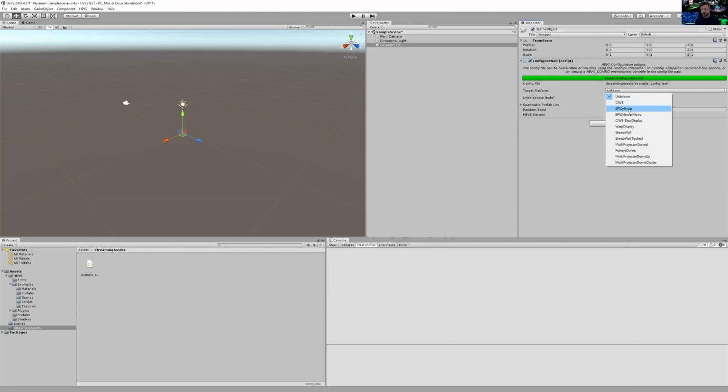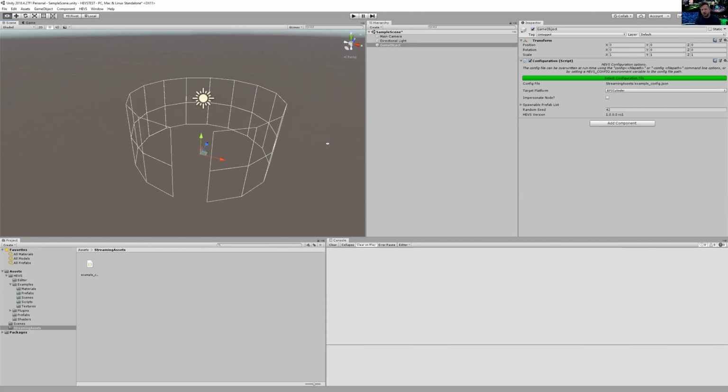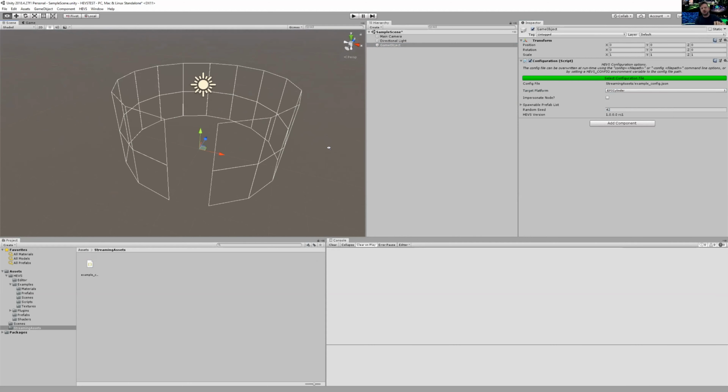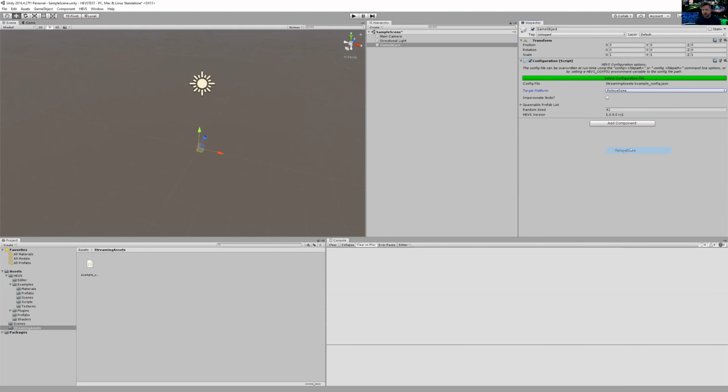For example, if I chose the target platform to be the epicylinder, then it will give me gizmos to display each of the actual screens in the cylinder. I could, for example, also go to a dome, in which case I've got the dome set